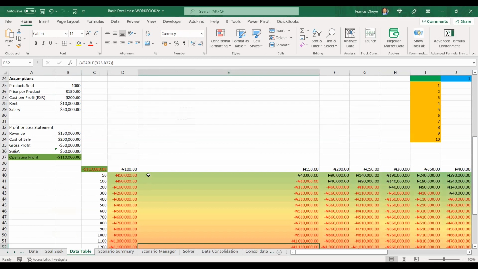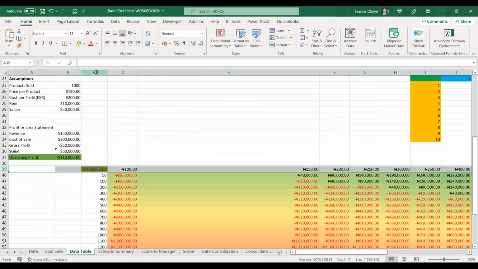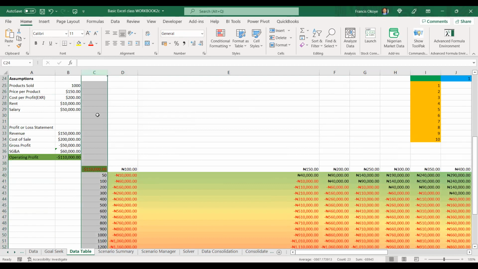That's why we have it on the row and on the column. That's why we must model our data, and put our data structure this way, so that we can see the model based on the calculations you have here.